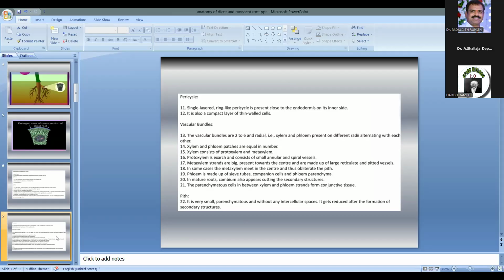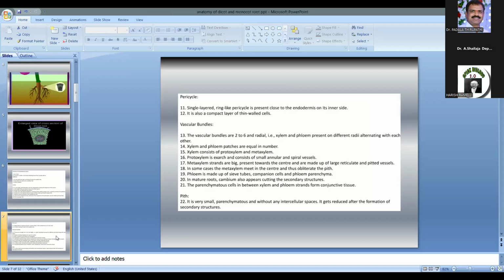Coming to the pericycle, the layer next to the endodermis is known as pericycle. Below the endodermis, that layer is called pericycle. It constitutes the outer boundary of the primary vascular cylinder of the dicot root. The pericycle may be uniseriate or multiseriate. Example, Morus, Salix. Most of the plants have a uniseriate pericycle, but sometimes we observe that a multiseriate pericycle is present. Morus and Salix are examples. Remember this.